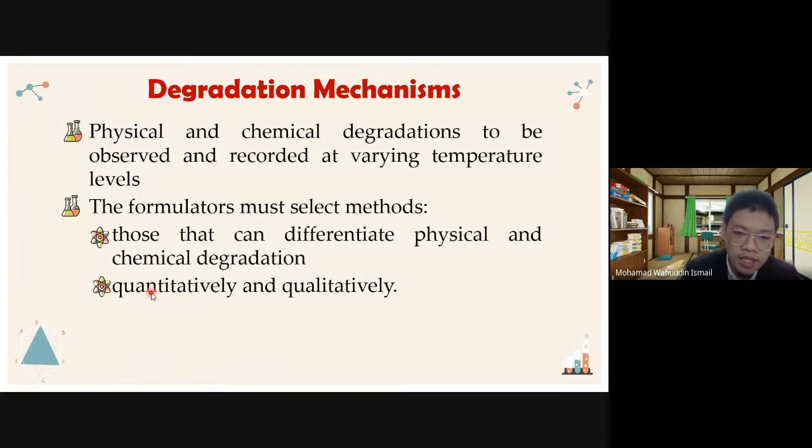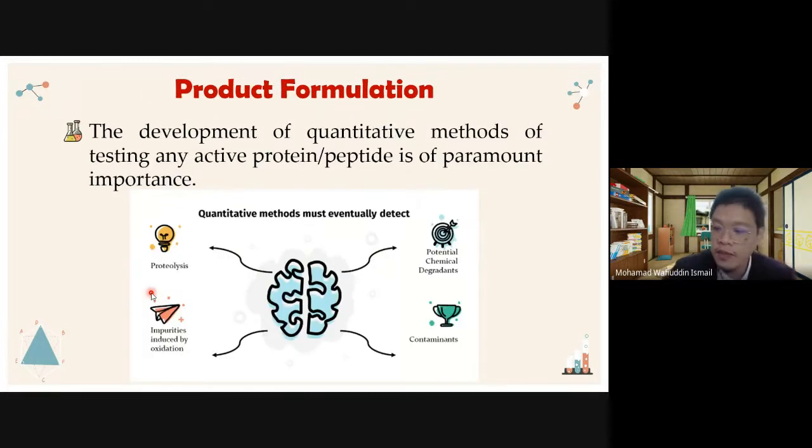of our formulation. We know that after a certain time, all the excipients that we put in have some kind of expiry date. At the end, maybe some kind of small reaction can occur during that range of time that will at the end damage our formulation. So the degradation mechanism we must know, at a certain time, a certain temperature, at certain levels. Next, the product formulation.